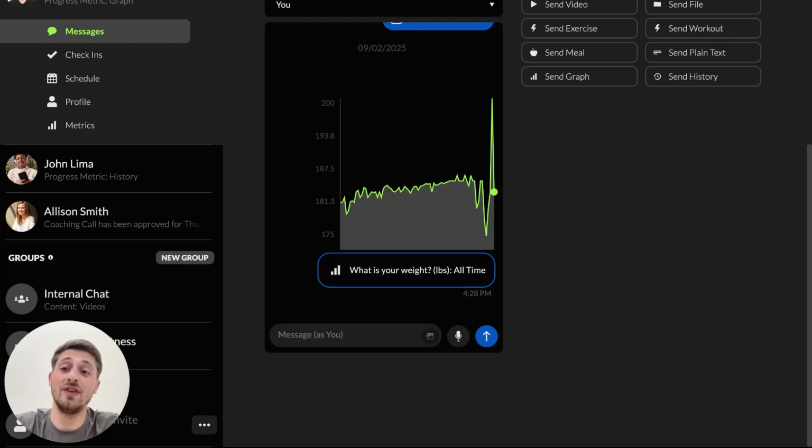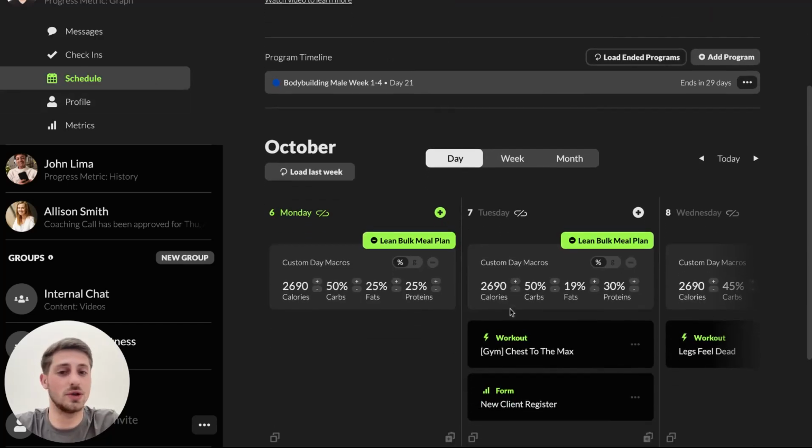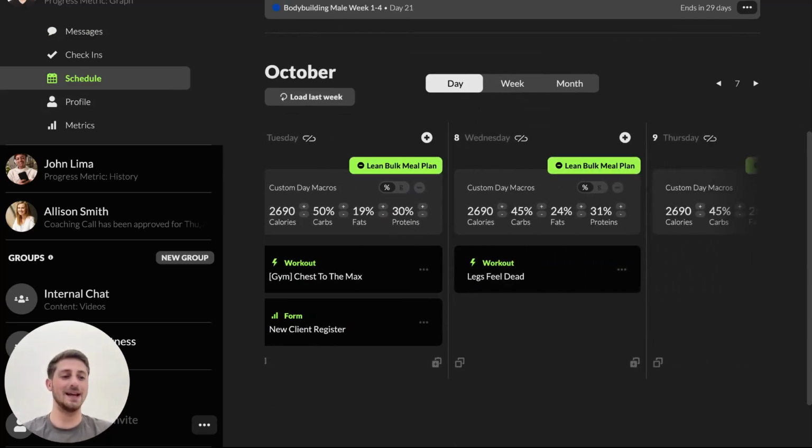Now, I already mentioned it briefly, but of course, nutrition. Huge part of coaching. And this is probably the biggest thing that for a lot of different platforms, if you're using them, you still have to outsource by connecting to something like MyFitnessPal, Chronometer, whatever it may be. And a lot of coaches do so. And maybe for you as a coach, it's even fine because it's integrated. For clients, let me tell you, it's a big deal. Having to bounce between one app for their nutrition tracking, and then even if you have everything else in one app, it's still two things that they hop between, not on a daily basis, but multiple times per day. And it does get annoying for clients and it does hurt their compliance.